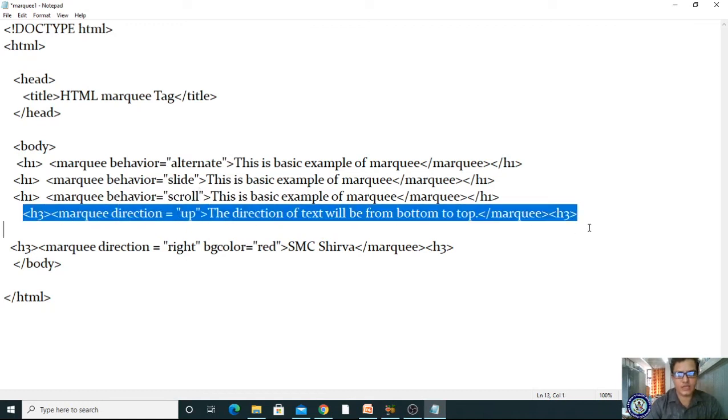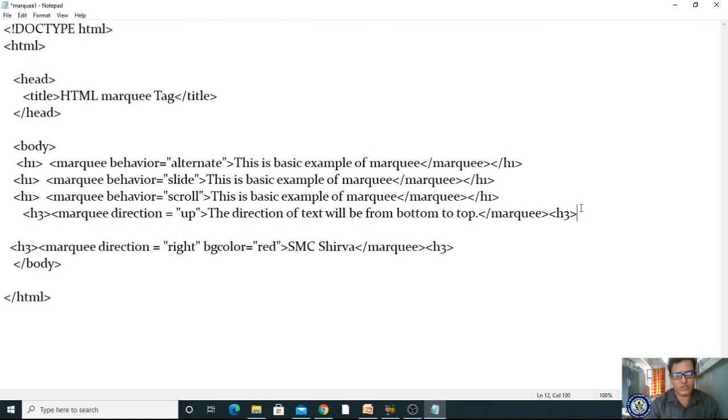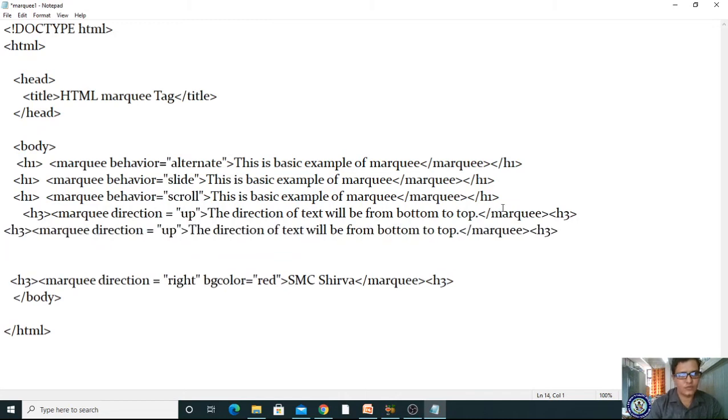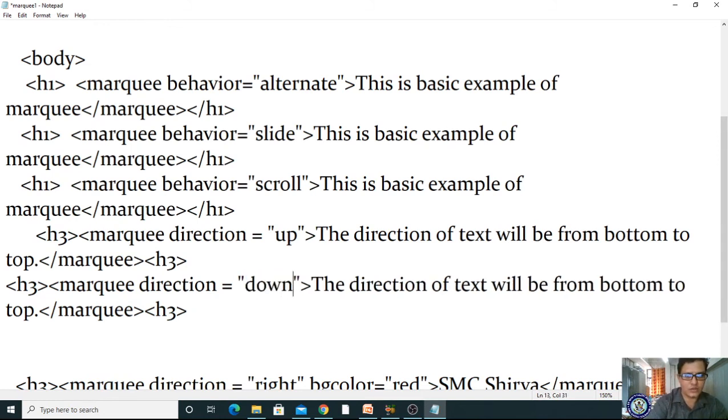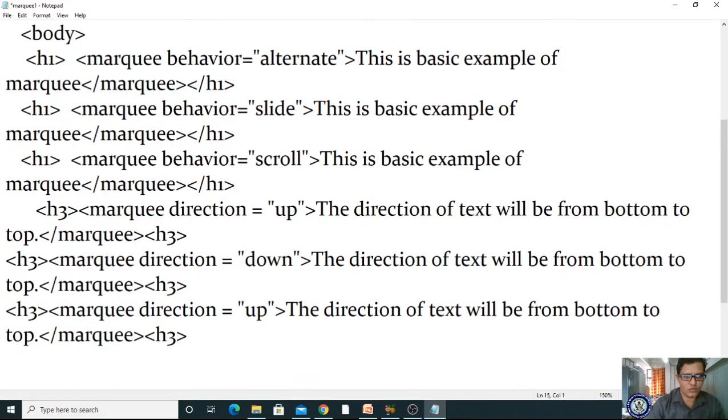And I'm taking the direction, all directions. Okay, so what is the direction? Up. Whether it is visible now? Yes. Now I'm taking it as down. Already down is there, and also I'm taking one more, left, and one more, right direction.